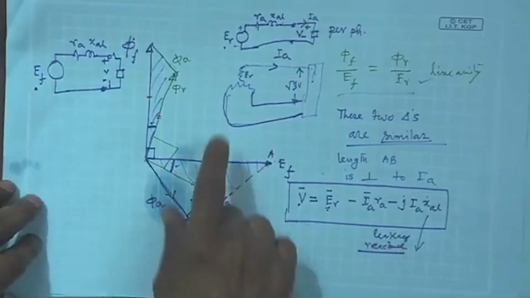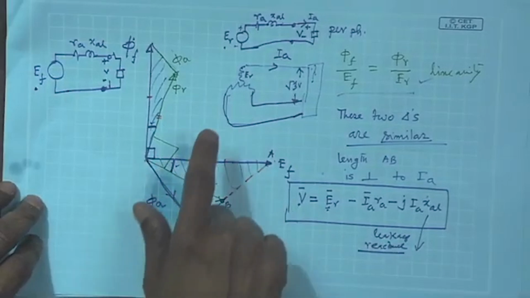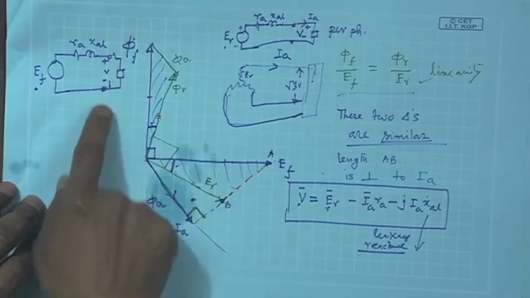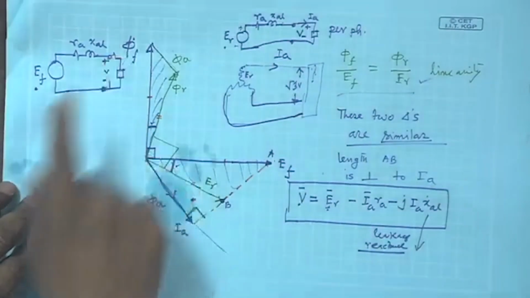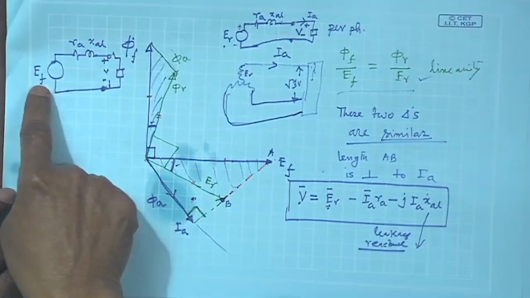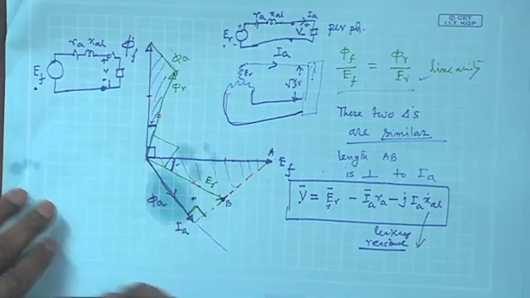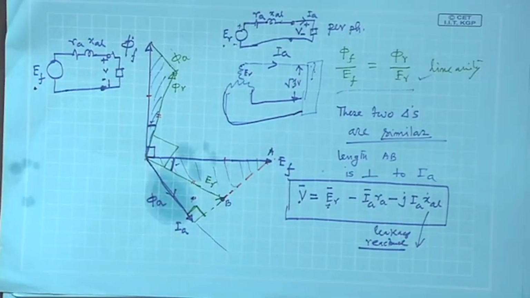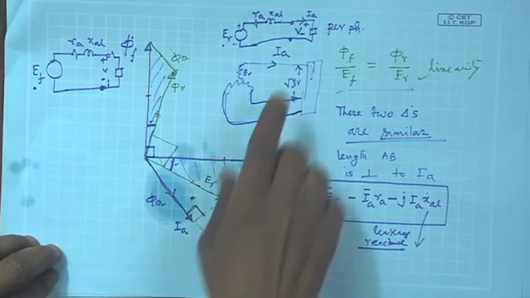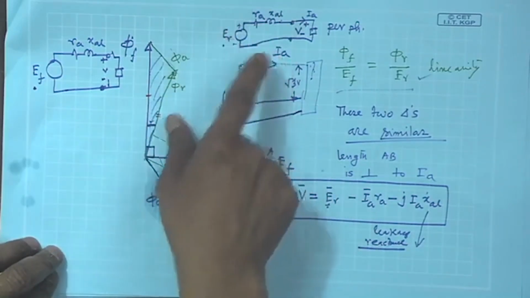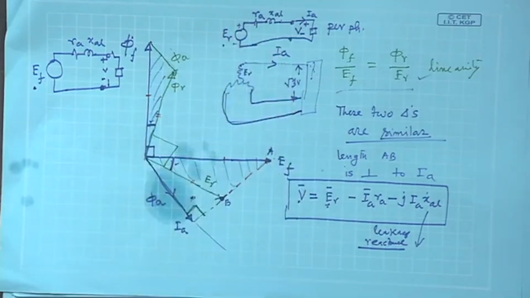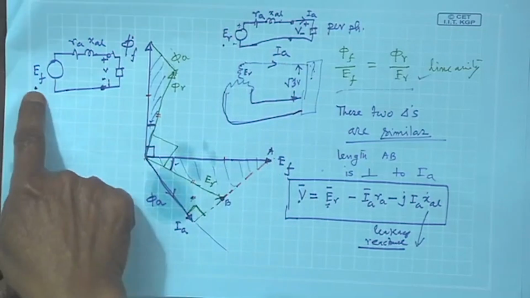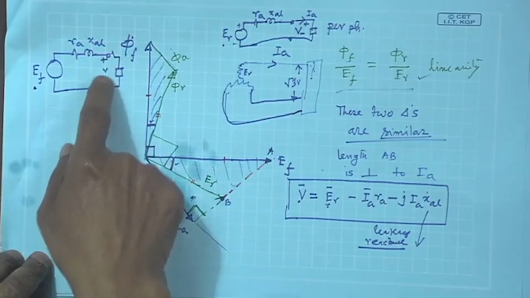Recall that last time I told you that when a synchronous machine's field is excited with this switch open, there will be some voltage induced, E f, whose value directly depends on the field current, and since the AC side is open circuited, this same E f will appear across V